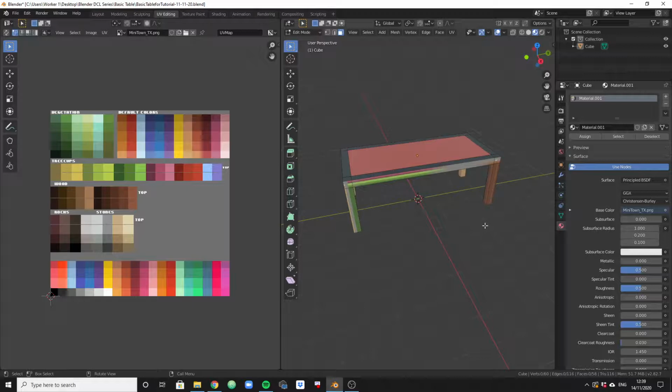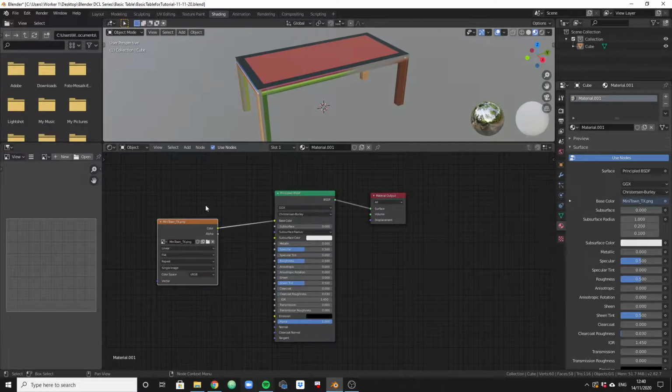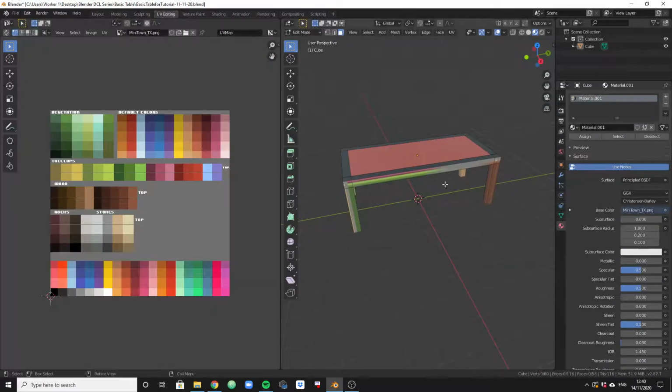Now, it's important to say that there is another way that you can use this UV editing area. You can actually import a logo or some kind of other image into here. It doesn't have to be a specifically designed color map like we are using now. It could be any kind of image that you can then project onto any surface of your object by changing the way the selection is applied here on the imported image. But I think it would be wise to create a separate video on that,